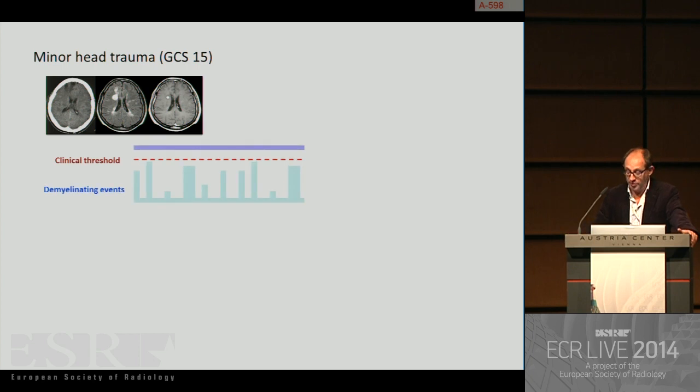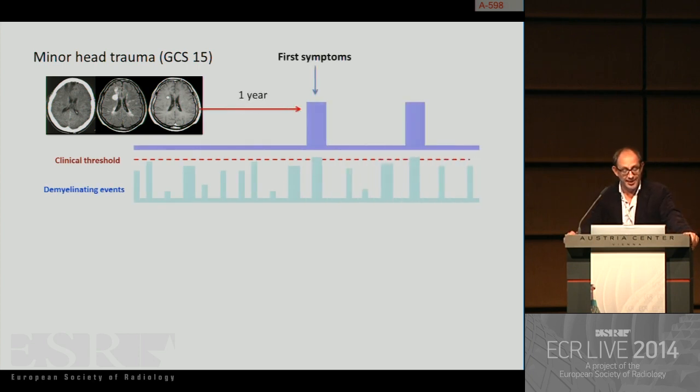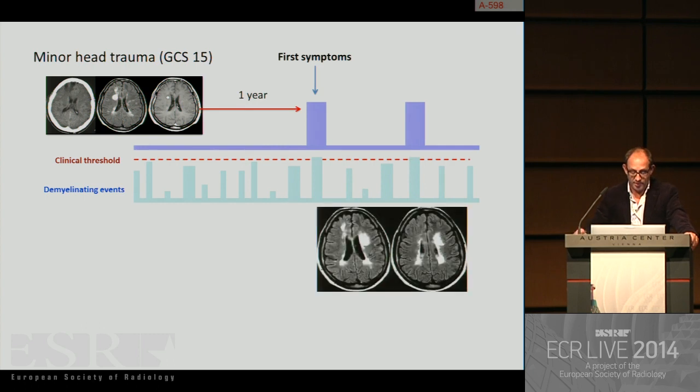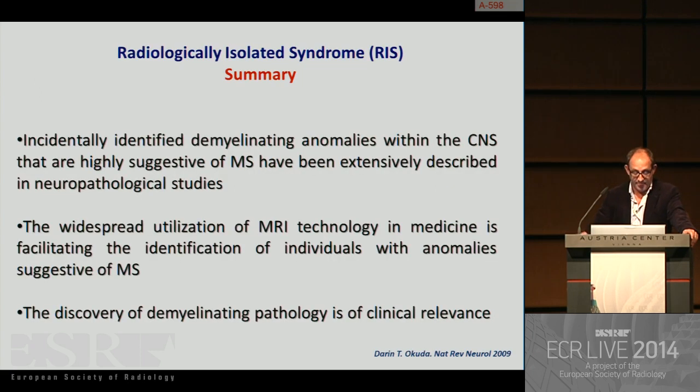We obviously followed this patient from a clinical and radiological point of view, and the patient had his first symptoms only 1 year after this first scan. And this is the follow-up scan obtained a couple of years later with a lot of lesions and even with brain atrophy. So the summary of the definition of radiological isolated syndrome can be that these incidental demyelinating anomalies within